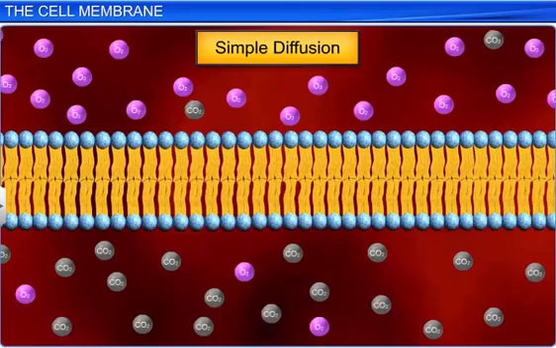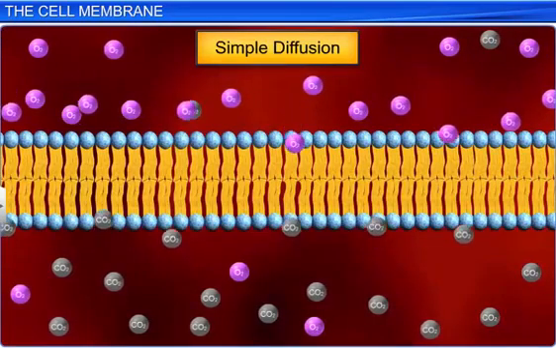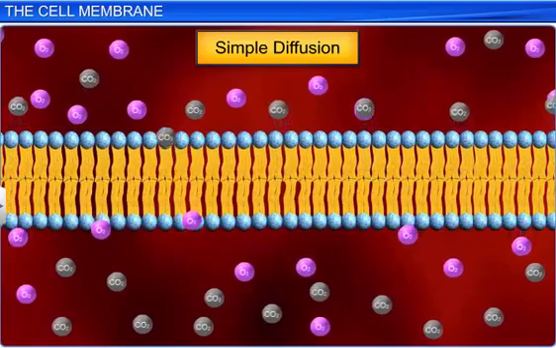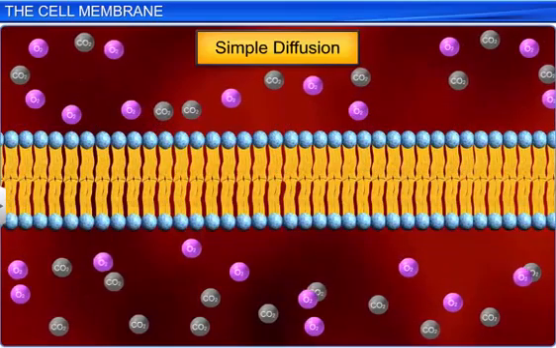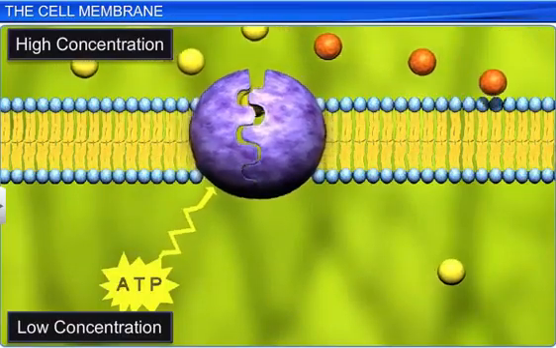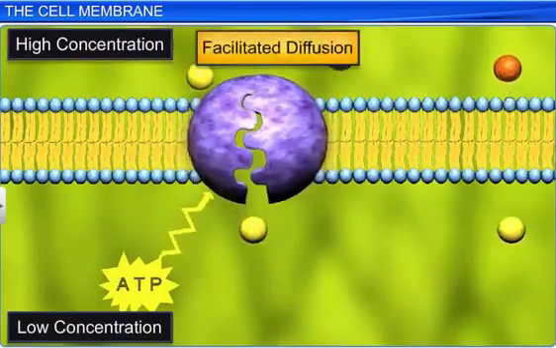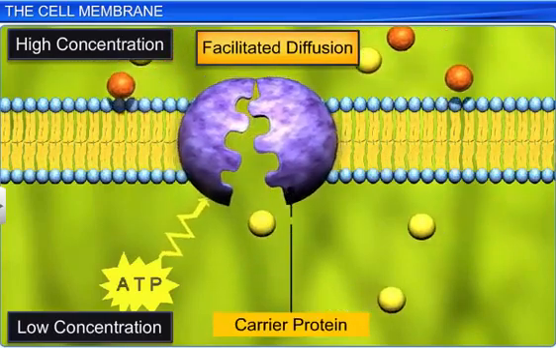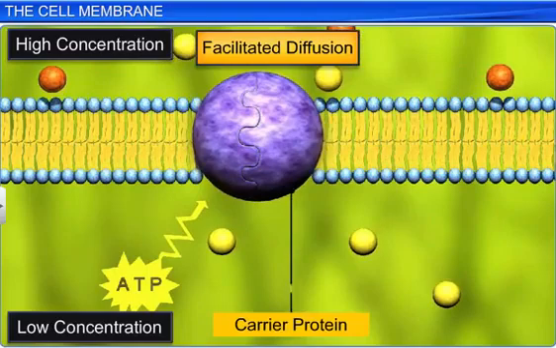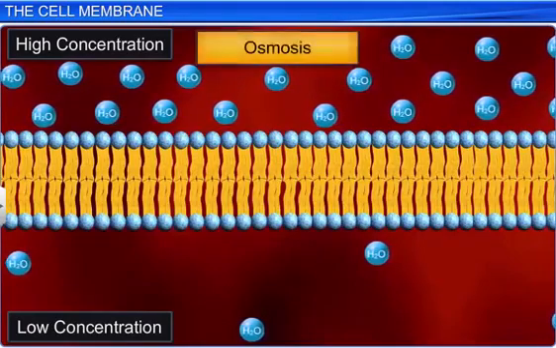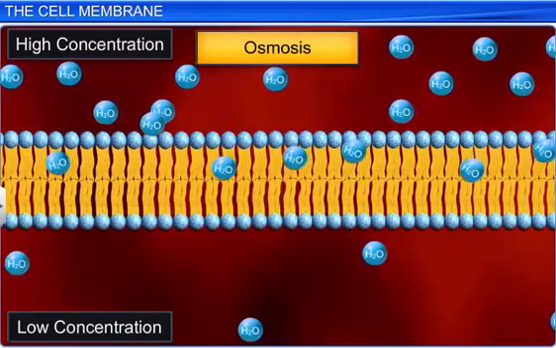In simple diffusion, oxygen and carbon dioxide molecules freely move across the membrane from higher to lower concentration, whereas larger molecules, such as glucose, are transported by facilitated diffusion, in which carrier proteins in the membrane change their shape and accelerate the diffusion process. On the other hand, osmosis refers to the movement of water molecules across the cell membrane